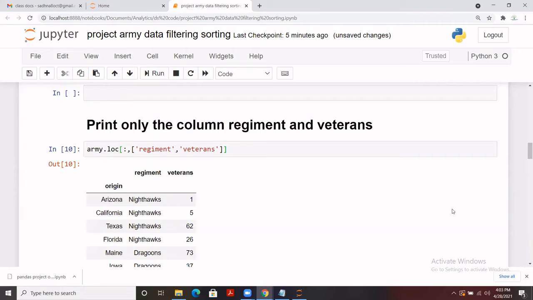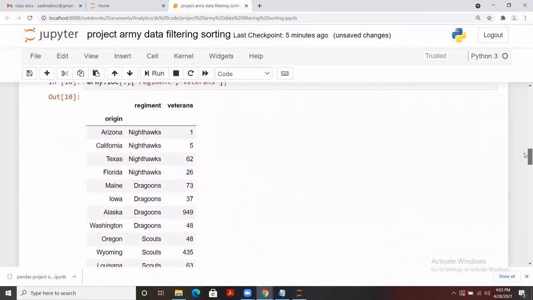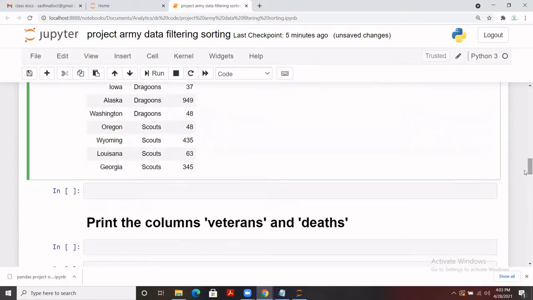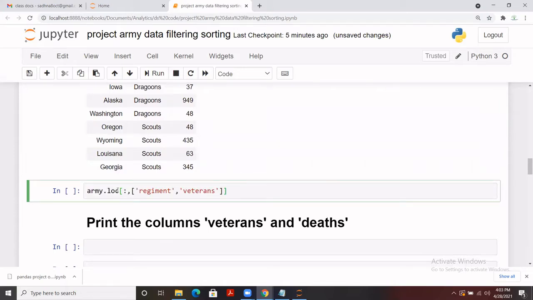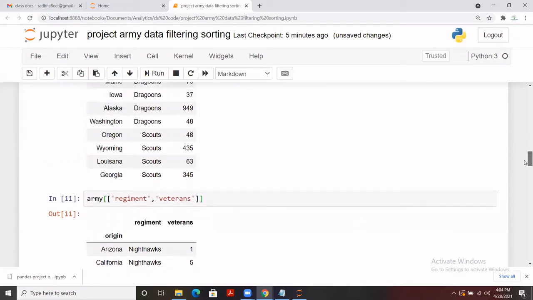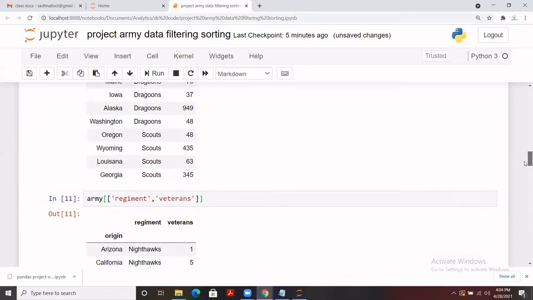Now, you can write this code in another way as well. Let me copy and paste it. For example, here you can write it without loc and iloc too, because that's a default option. You can write it like this. Here it goes, exactly the same output you will have. But I do recommend loc and iloc for the initial stage once you start learning, just to avoid a lot of confusion, you can start with loc and iloc.